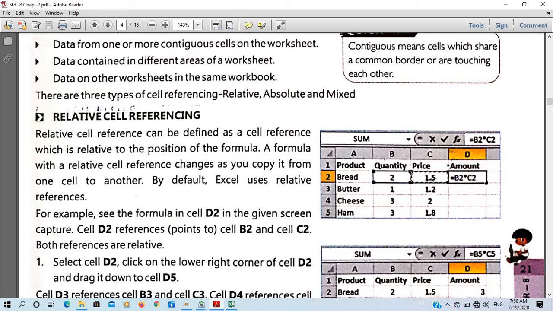So cell referencing means referring a particular number of cells or one cell for the purpose of doing some operation. Okay,